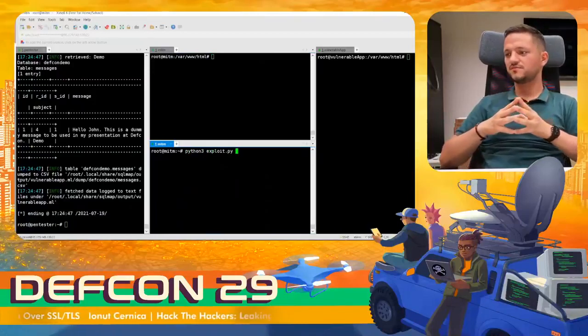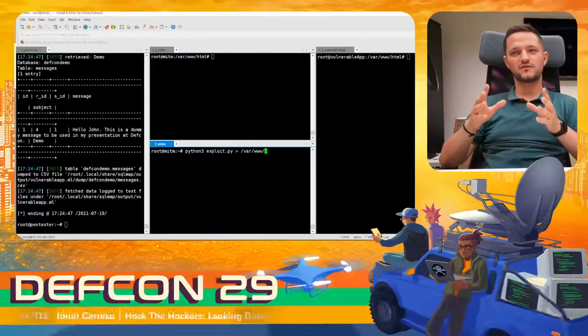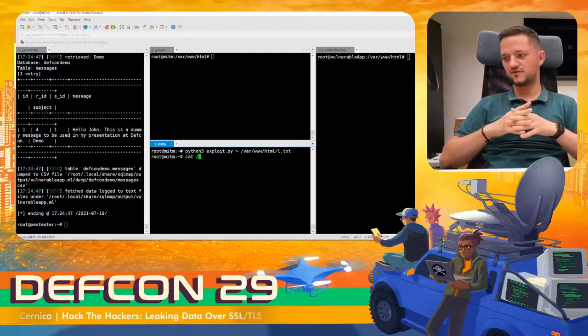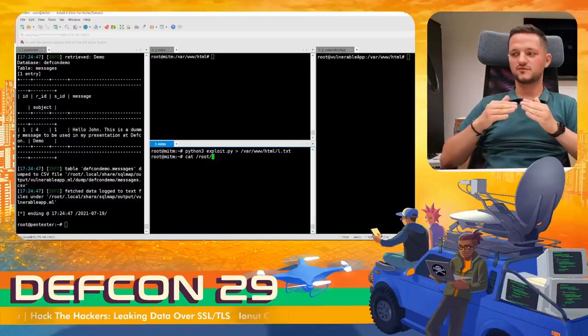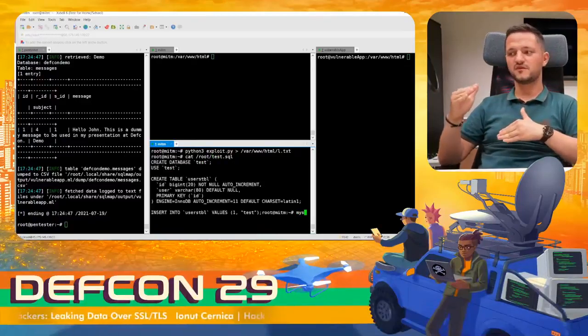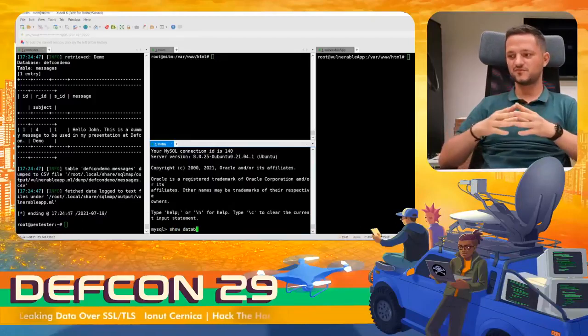And from those packet lengths, we'll see what packet lengths are for trues and what are for falses. And we'll have a file with falses and trues, and we'll feed our local SQLmap with the same falses